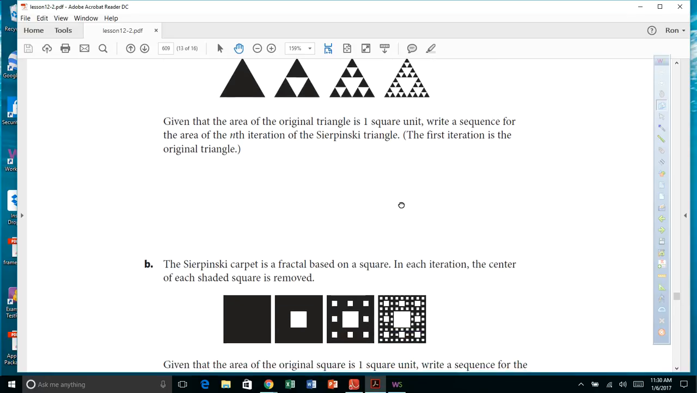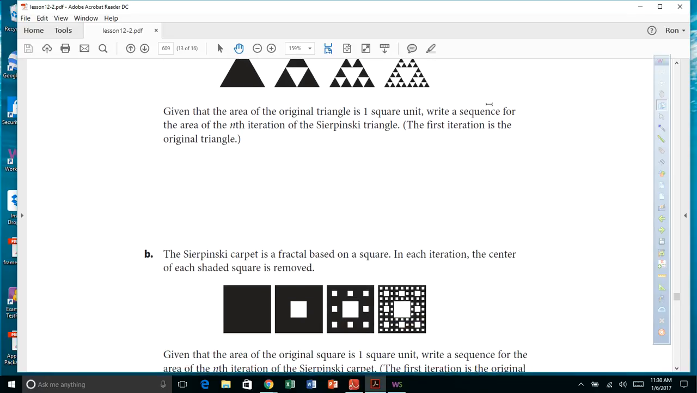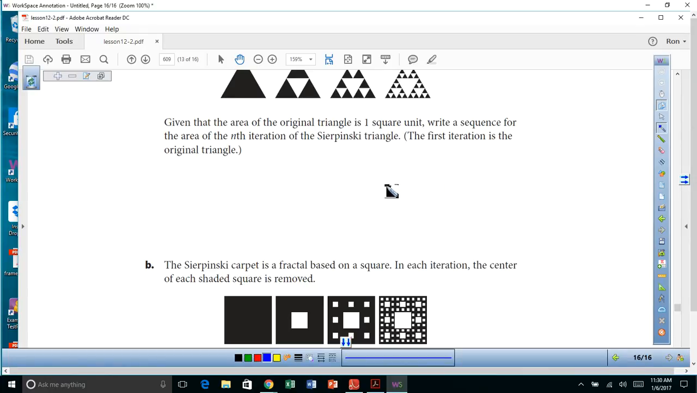Given that the area of the original triangle is 1 square unit, write a sequence for the area of the nth iteration of the Sierpinski triangle. The first iteration is the original triangle. So what it's saying is a equals 1. Now, how are we going to find out what r is? If you look, this is 1, and then you have 1, 2, 3, 4 triangles, right? And one side is thick. So r is going to be